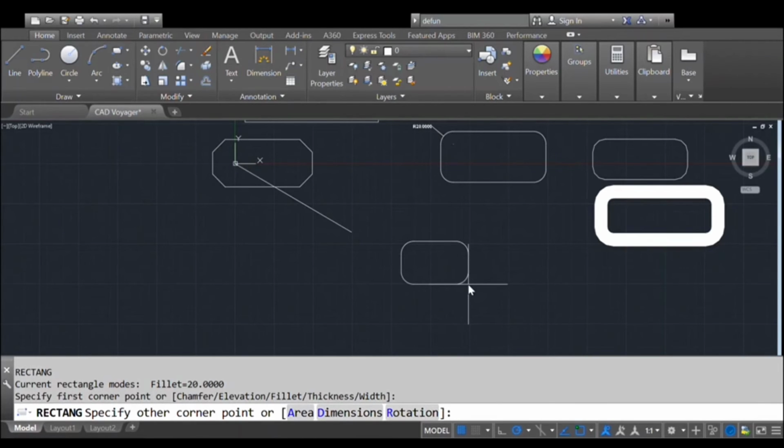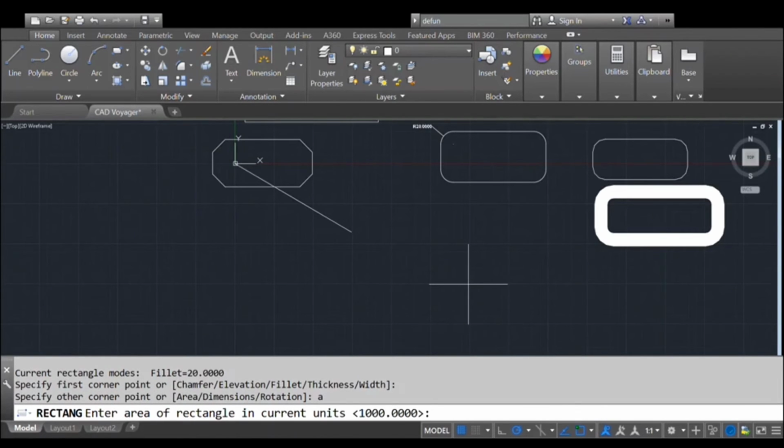Now I am going to use area for drawing the rectangle. So I go with A and enter, or click area. Now it asks to enter the area of the rectangle. Now we can see that the previously used area is loaded automatically there. If the same area is okay, then press enter.